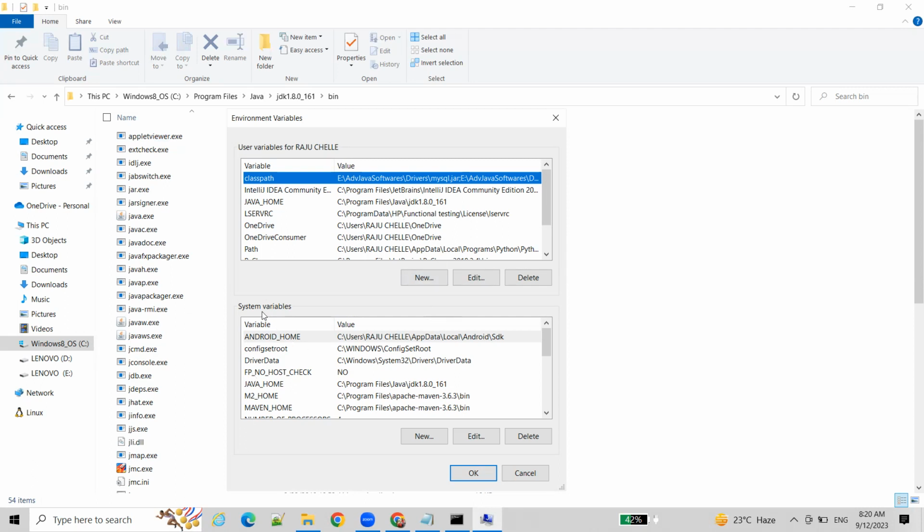Generally, on our personal laptop, we set in the system variables. In organizations, we have to set in the user variables, because they disable the system variable settings. You cannot edit, create a new variable, or delete. By mistake we could delete a few configurations, so that is the reason they disable the system variables and give us access only to user variables. The very first step we have to do is